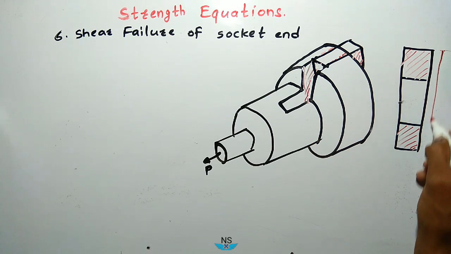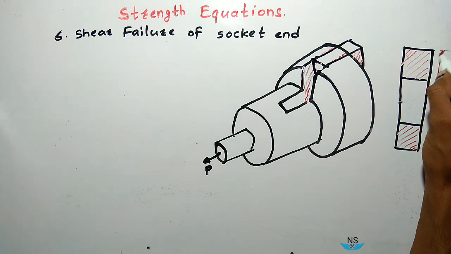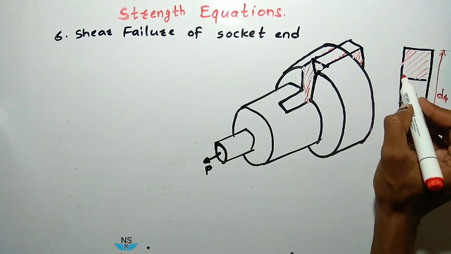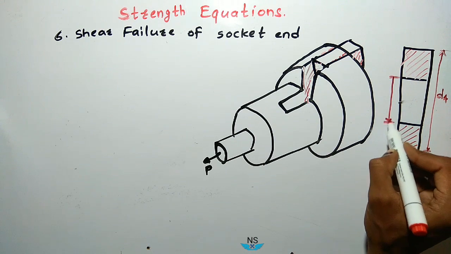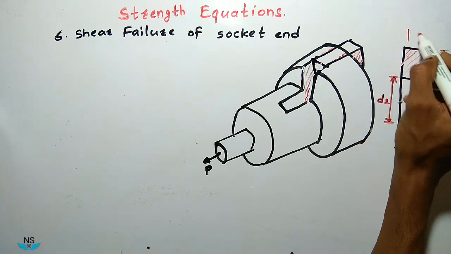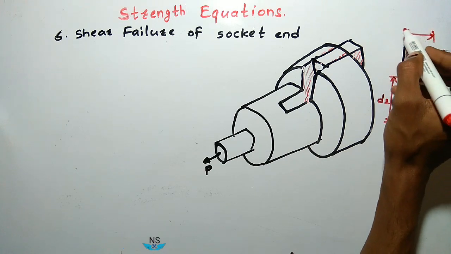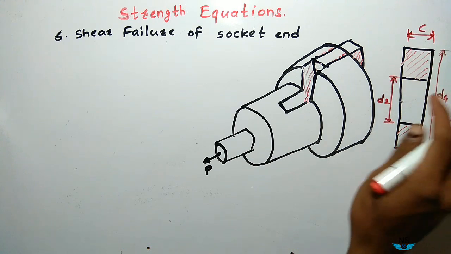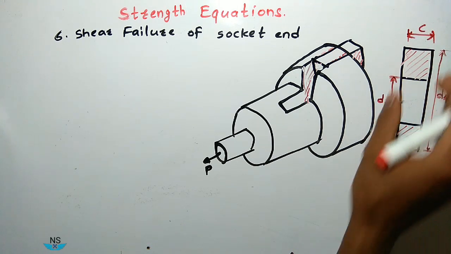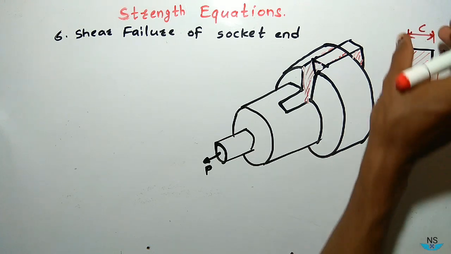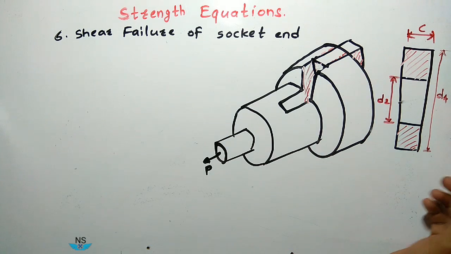तो ये जो एरिया है, ये डायमीटर कौन सा है, D4. ये डायमीटर D4 है. ये बीच का जो डायमीटर है स्पिगॉट का वो D2 है. और ये जो थिकनेस है वो कितनी होगी, सॉरी दिस इज द डिस्टेंस C. तो ये C होगा. ओके. So this is the C.